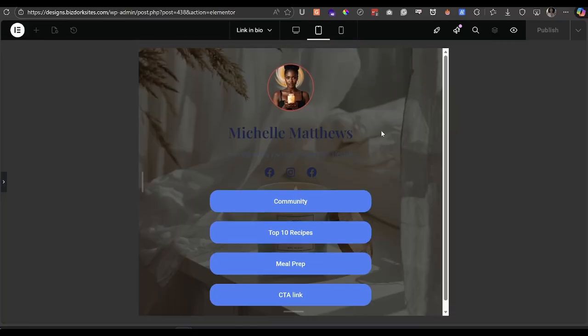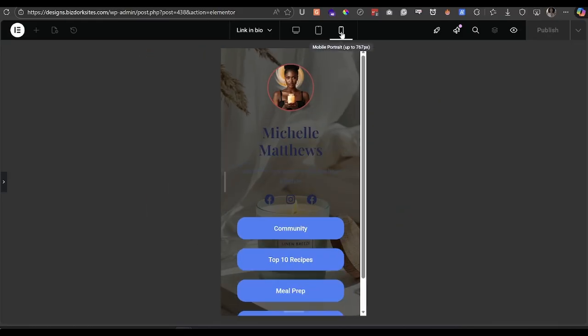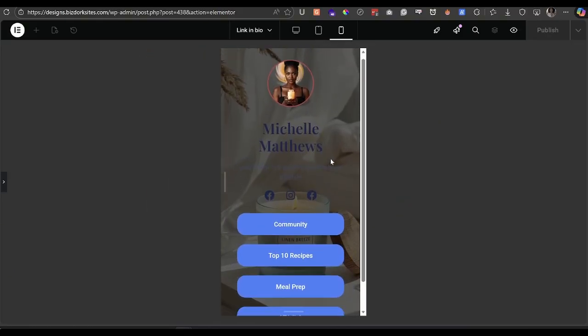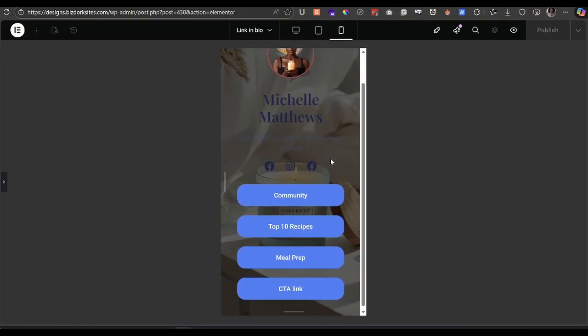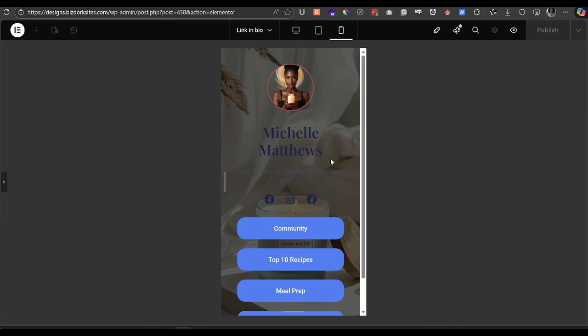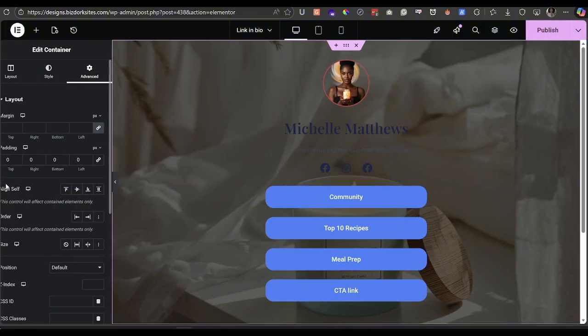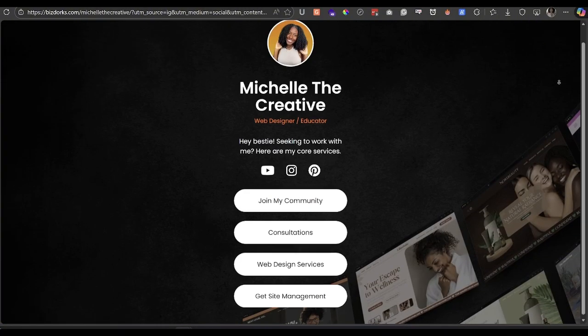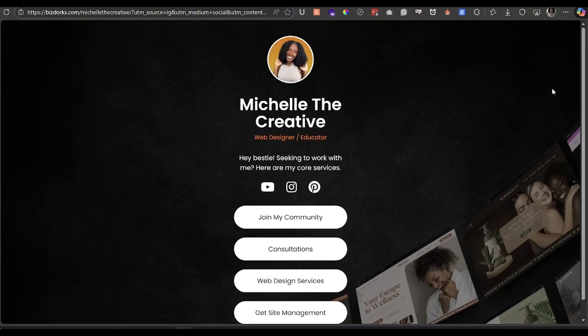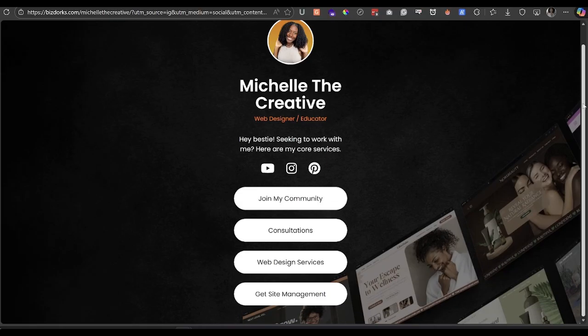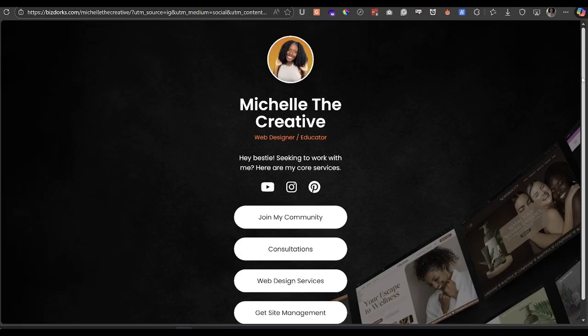So as you see, we're right here on tablet, the same thing. If we go down to mobile, it's still the same thing. The imagery and the overall link in bio is taking up the entire screen, and that's exactly what you want. Now this one is ugly, but you guys know what I can do. I just showed you guys the one that I did myself. I just want to show you guys how easy it is to create a link in bio for your WordPress